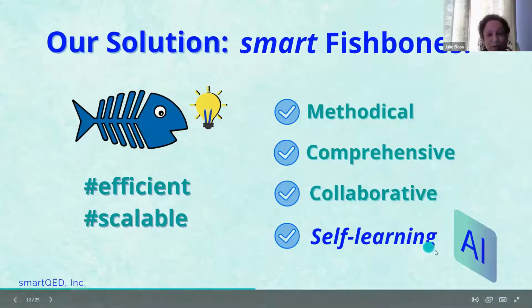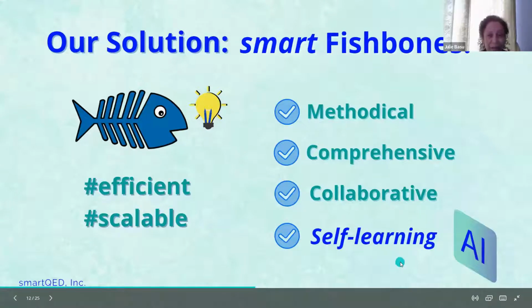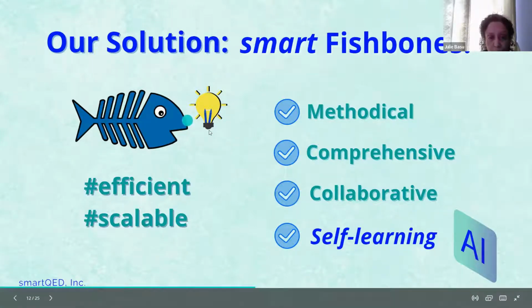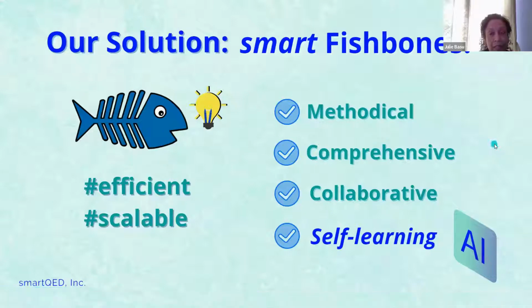So this is the age of AI. It's the digital era. We are undergoing digital transformation, and we want our machines to not be dumb anymore, but to learn as we are working in those tools and essentially help us solve problems instead of just being a recording tool like Excel or some sheets, or even a drawing tool. So we are not a drawing tool. We are an active system that actually self-learns with AI and ML algorithms. So let's see